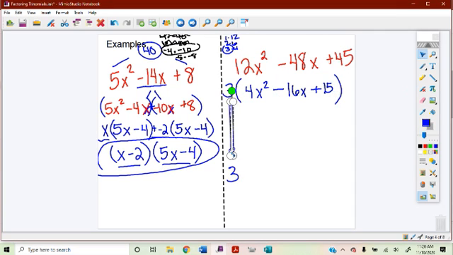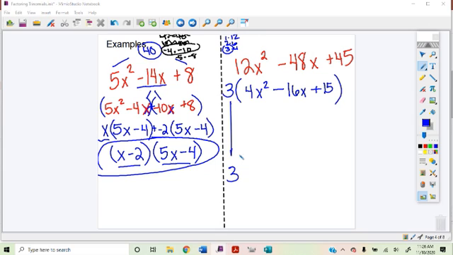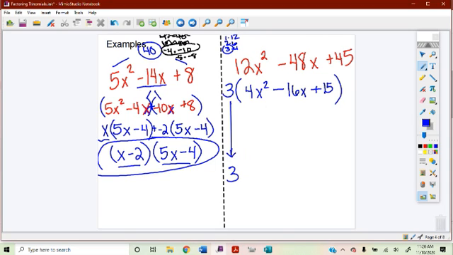We now have to factor what's left in the parentheses. And we're going to do that using take 3, make 4. So I'm going to start by finding my magic number. 4 times 15 is 60. So it's a positive 60 that I'm trying to multiply to get, but a negative 16 that I want to add to get. So remember, we're going to still have this 4x squared, and we're going to still have this 15. And I'm going to break my negative 16x into 2 different x terms that will give me a negative